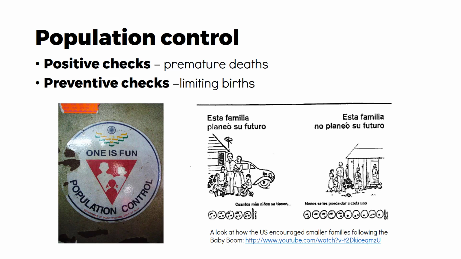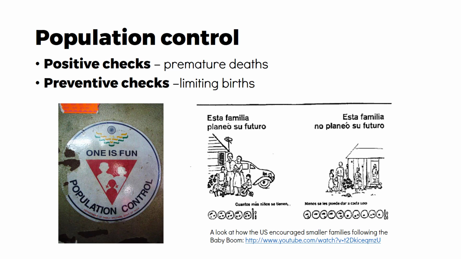Malthus's theory included positive checks, early deaths keeping the population numbers limited. Preventive checks limit births. Sometimes this is done by legislation, as with the one-child policy in China, which permitted families to have only one child or face penalties, or forced sterilization, which was often imposed on Native American and African American women well into the 1970s, and still occurs in many parts of the world as a tool of racial